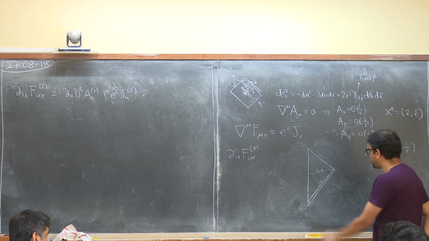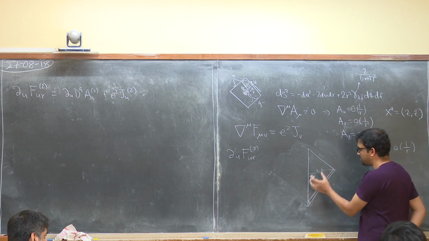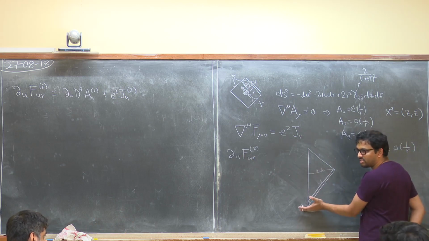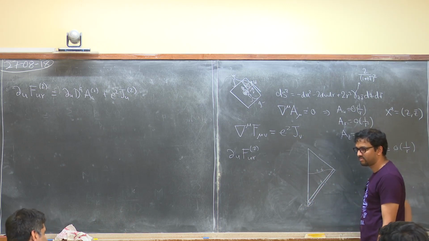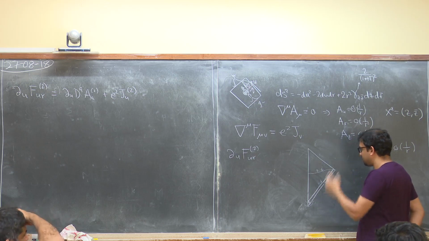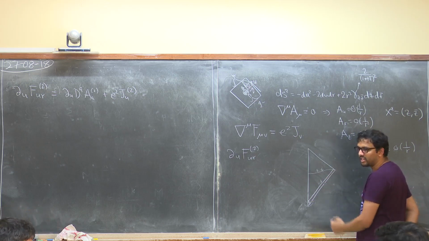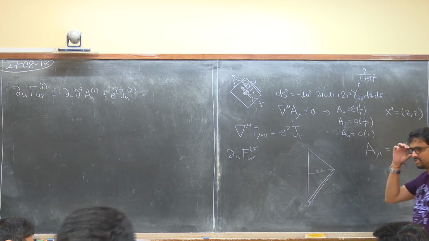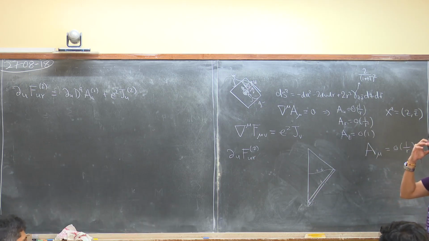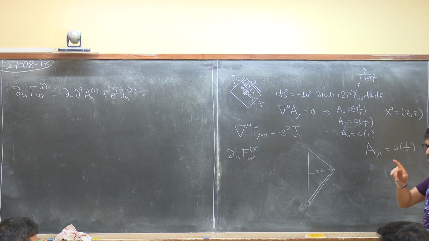Yeah, but that's fine, because even when I write down solutions here, I'm assuming certain nice structures if I do Fourier transforms and whatnot. I was just worried about the 1 going to 2. I know it's not very precise. At any point you can do that. It's a null slice, so it usually contains more information because it's sort of causally connected to Scri plus and Scri minus. The radial momentum is only positive, but this one goes positive and negative. Yeah, that would help me. Yes, I think something like that. Okay.